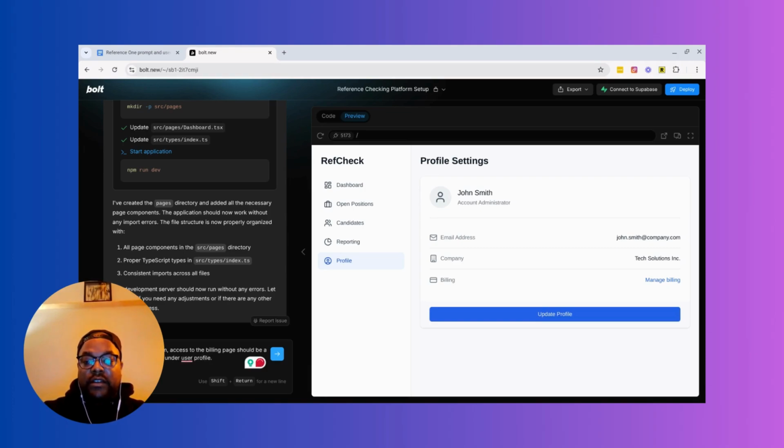So on the profile, access to the billing page should be a drop down sub page to get to the sub page for the user. Let's see what this does.